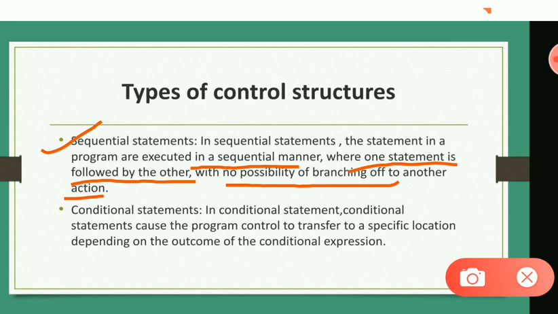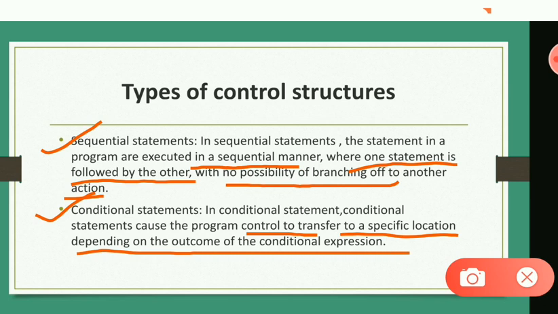Second one, that is the conditional statement. A conditional statement causes the program control to transfer to a specific location depending upon the outcome of the conditional expression. Every decision involves a choice between two alternatives, yes or no. If the condition is true, then one set of statements is executed, otherwise the other set of statements is executed.